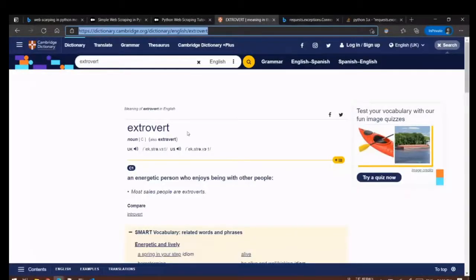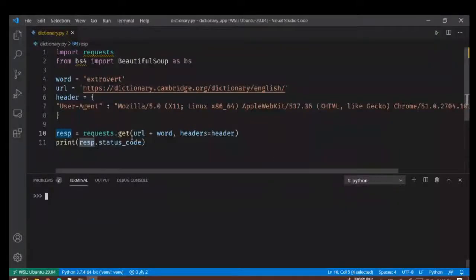So we are able to access this page. That was the first part. All we did to achieve this was import the requests library and then make a get request to this URL along with this header. We got a response, and to check if everything was successful we printed the status code. Status code 200 indicates that yes, everything was successful.